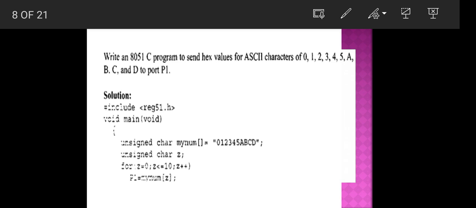Then port 1 sends the value of mynum[z]. That means mynum is checked with the value from z, and the port sends the value to port 1: 0, 1, 2, 3, 4, 5, A, B, C and D.